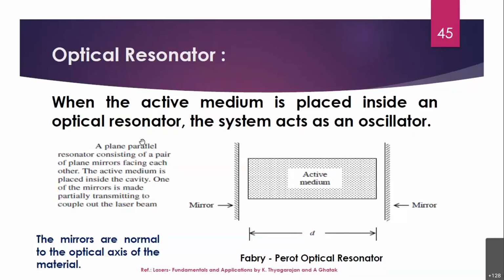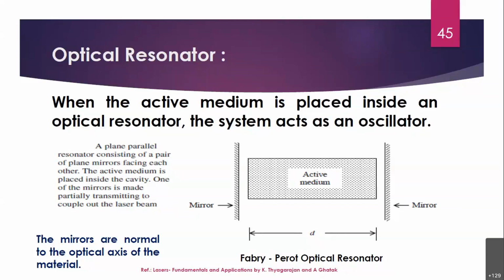So as I remember, this was the last slide which we discussed about the optical resonator. Once again, let me revise a few things so that it creates continuity. Last time, as we discussed, there are three main components of laser devices: one is the active medium, the second is the pumping source or pumping mechanism, and the third is the optical resonator.